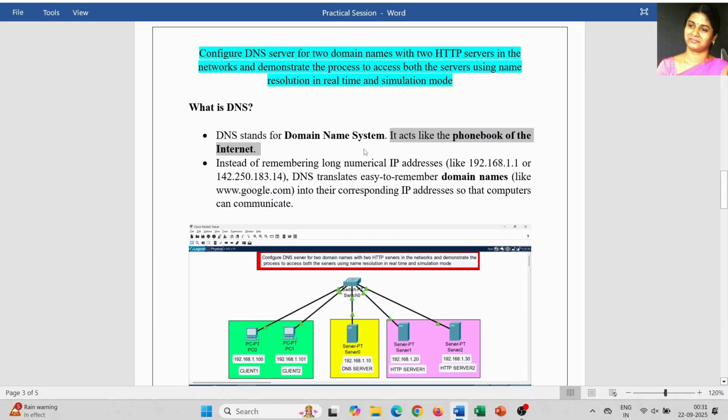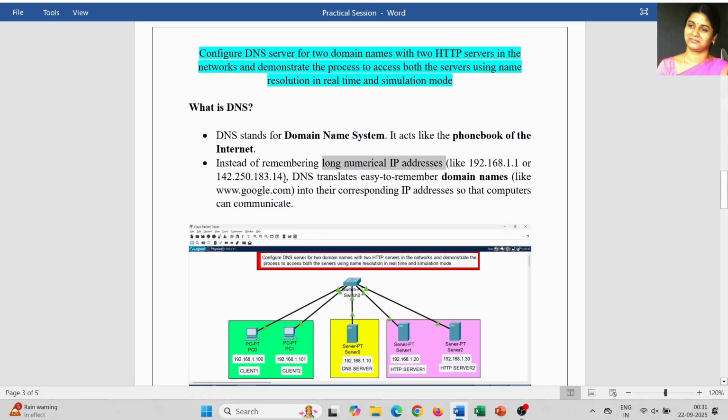For example, instead of remembering long numerical IP addresses like 192.168.1.1 or 142.250.183.14, which are very difficult to remember in the form of numbers,